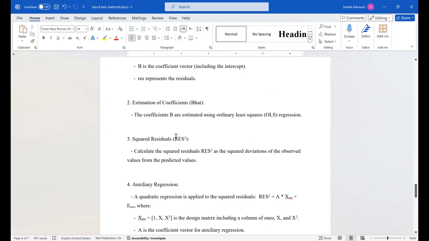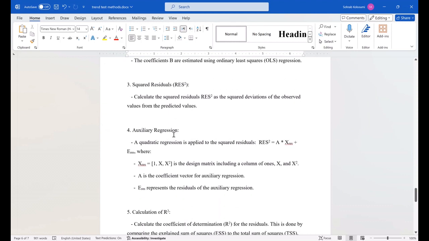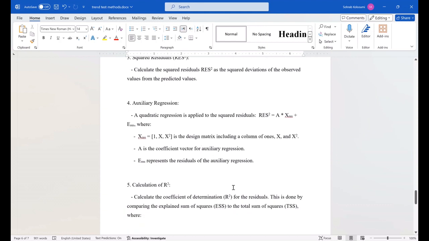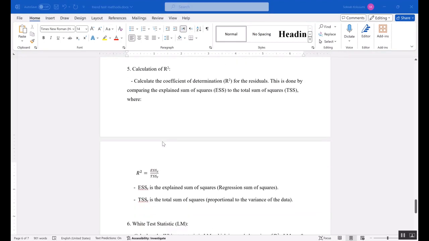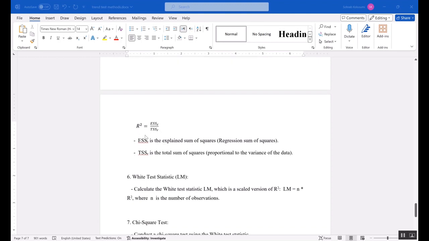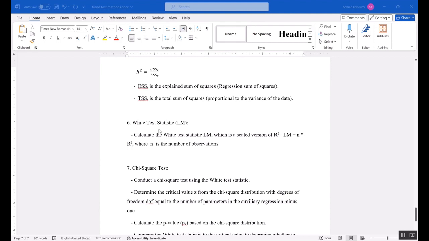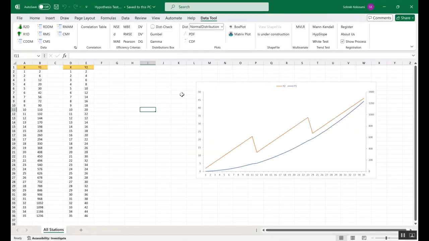Regression: first you should fit a regression model and calculate the residuals. Then you should apply an auxiliary regression again and calculate R square. R square can be calculated with this formula, and after that you can calculate the White's test statistic and apply a chi-square test. If you use the data tool, all of these steps will be done behind